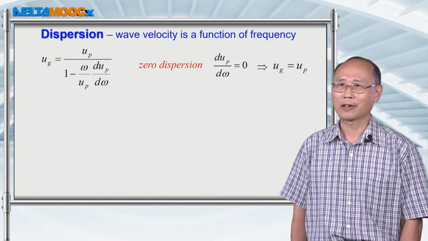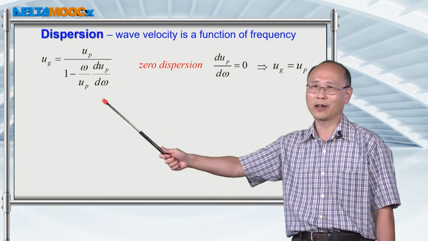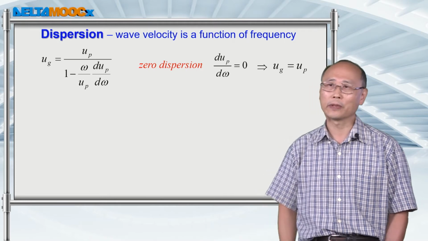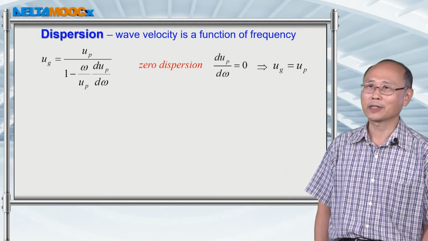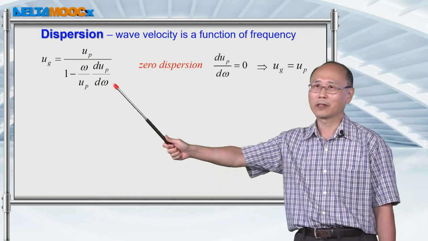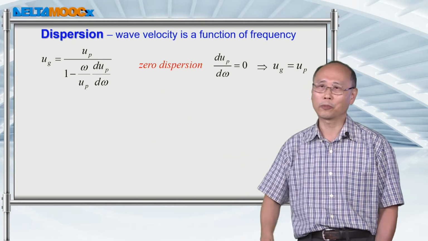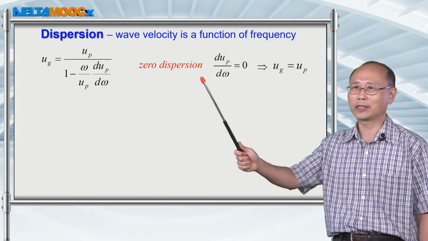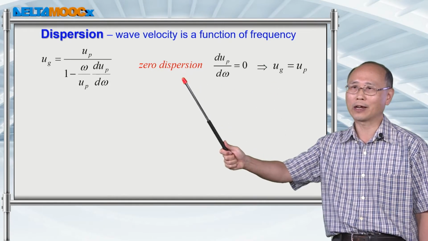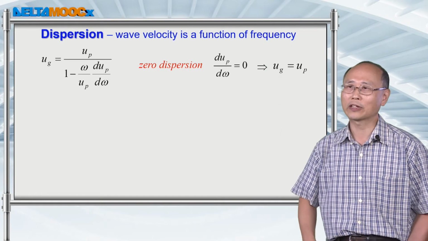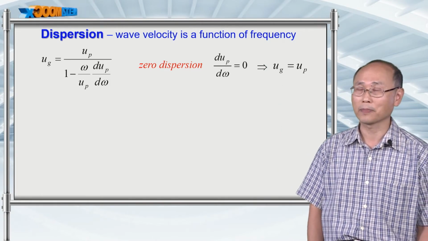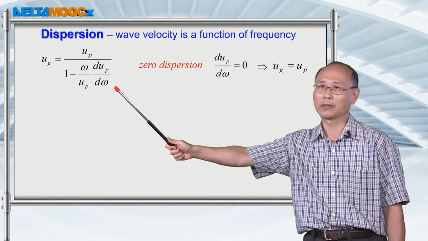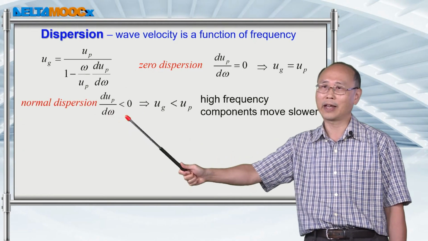Let's start the analysis of dispersion based on this expression. The first case is when du_p over d omega is equal to 0. This means that during propagation, all the frequency components will propagate at the same speed. In this case, we say there's no dispersion, and the group velocity is equal to the phase velocity. But if du_p over d omega is not equal to 0, for instance, is less than 0,